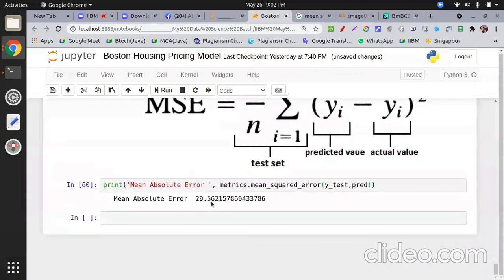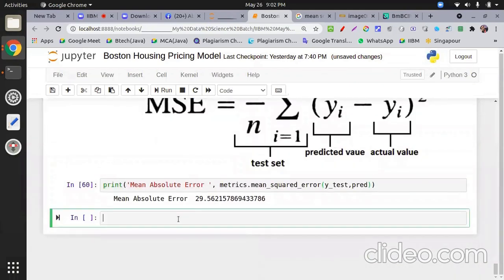You can say the model is not bad, it's good, it's near the reality. Last one, root mean squared error. Oops, caps lock is on. Mean.